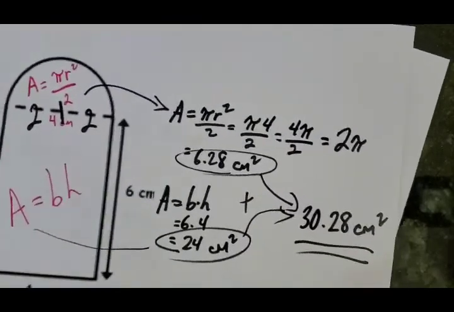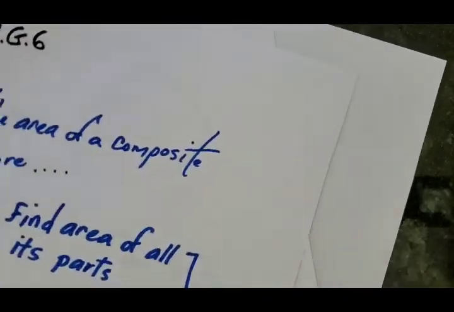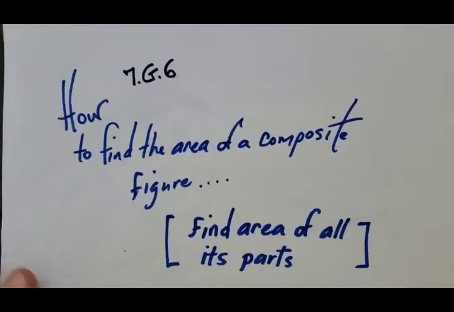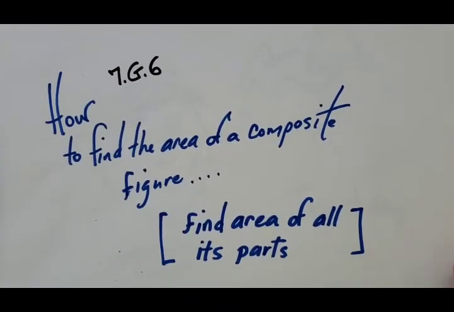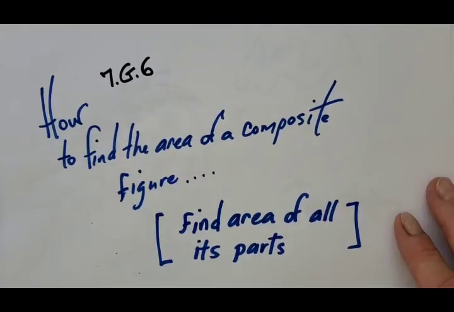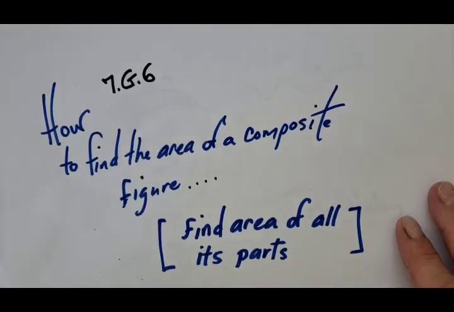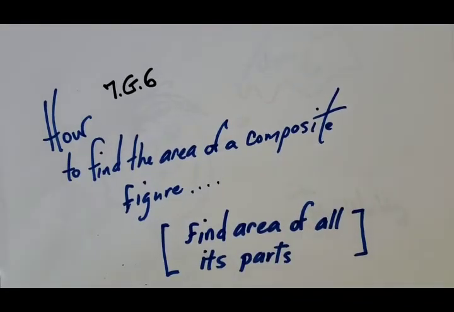Okay? So you guys hang in there. It's going to take you a little while to be accurate and get used to this. A little more complicated than some of the other things you've been doing. But now you know how to find the area of a composite figure. I showed you some steps that should help you along the way, like showing your work and the formulas and labeling things and being neat. That's half the battle